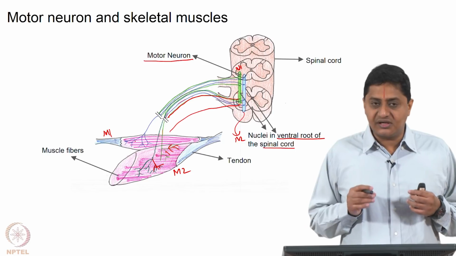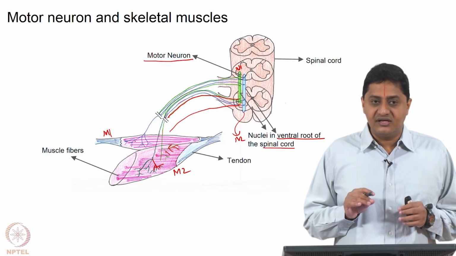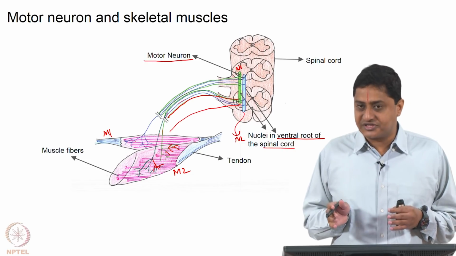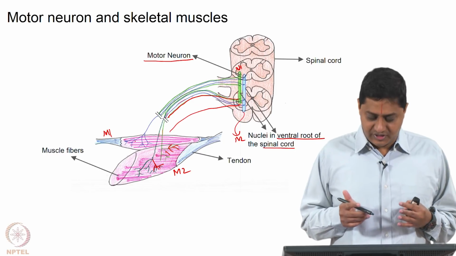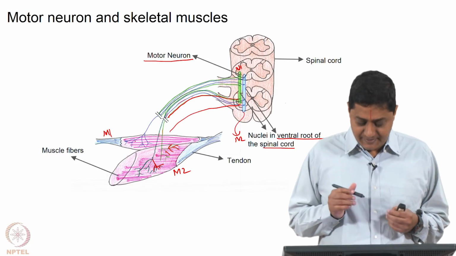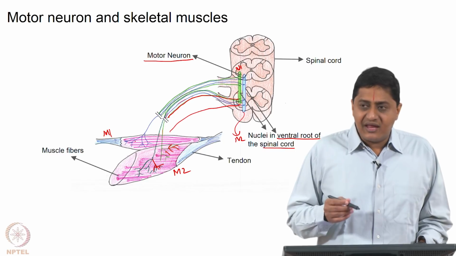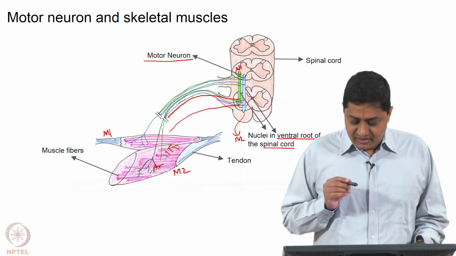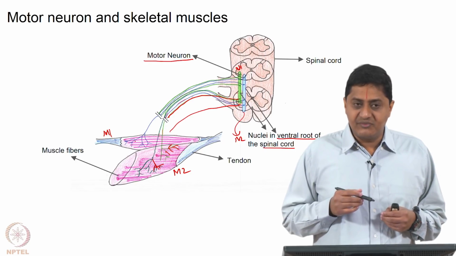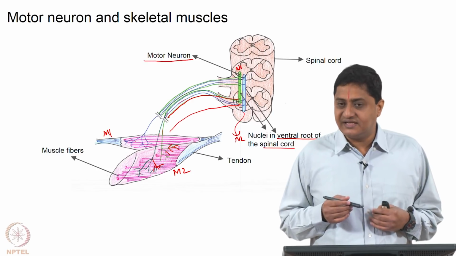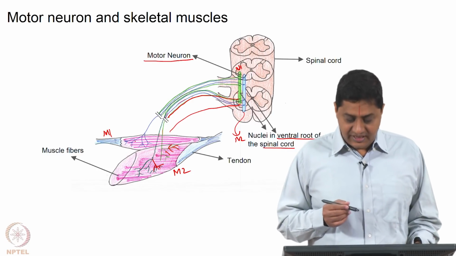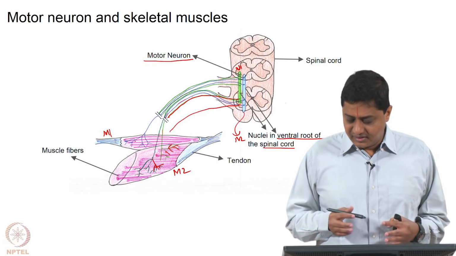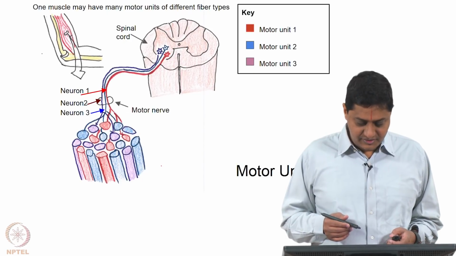A muscle fiber is going to contract if and only if its boss, the motor neuron associated with it, produces an action potential. At other times it is not going to contract. So, the neighboring muscle fibers may belong to different motor units; that is one. Two is that the number of muscle fibers attached to a motor unit varies; it need not be the same. It can be very high, it can be very small, and depending on that the properties will change. We will continue to see that.